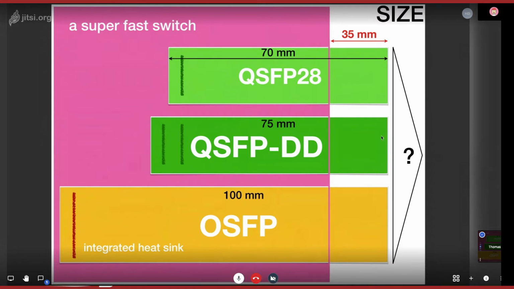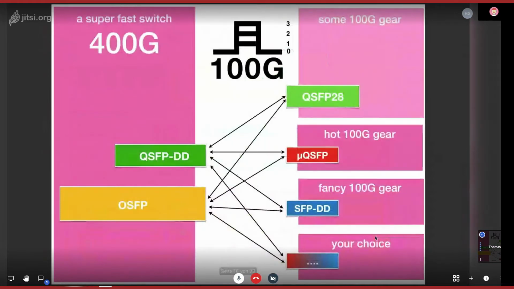What will be connected now to a QSFP-DD or an OSFP, or in general to a 400 gigabit transceiver? And that's quite interesting. There will be somehow new applications possible. For sure, we can back-to-back connect 400 gigabit to 400 gigabit. That's no rocket science, and everyone assumes that. But with the design of those two form factors, we have the ability to do all that we are also familiar with from 100 gigabit or 40 gigabit. So we can now do 4 times 100 gigabit breakout mode, either break it out to a QSFP28, but keep in mind that's not